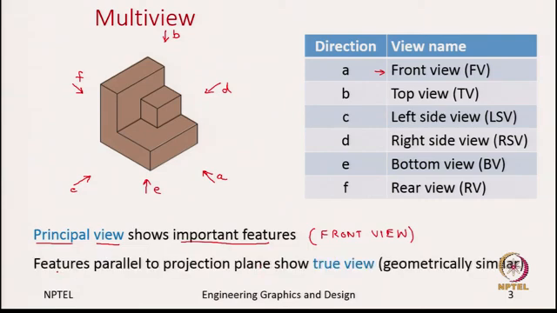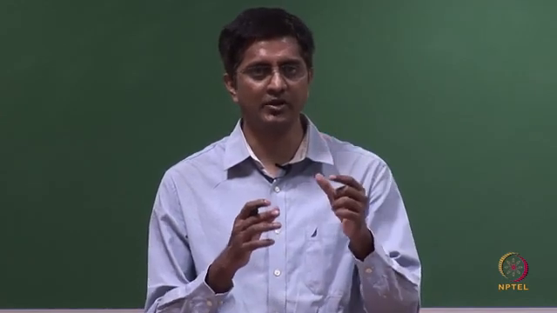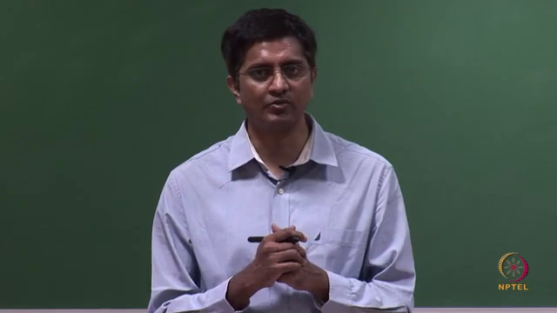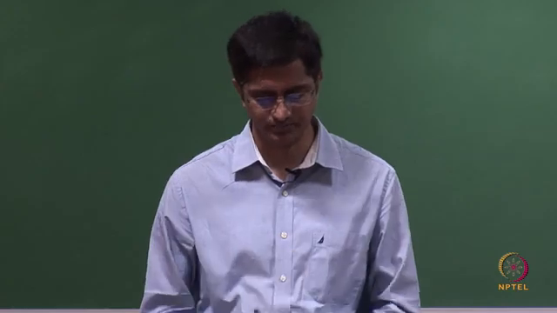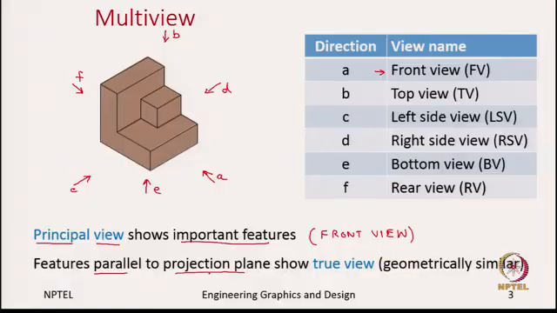I think this is what we have already mentioned, saying that features that are parallel to the projection plane will show their true geometry. Previously we have seen that depending on the orientation of the object, if any edge is parallel to the projection plane, especially in these orthographic projections, the same length is captured on the view. So, essentially we said there are 6 proper views, and now the question is, how do we capture these